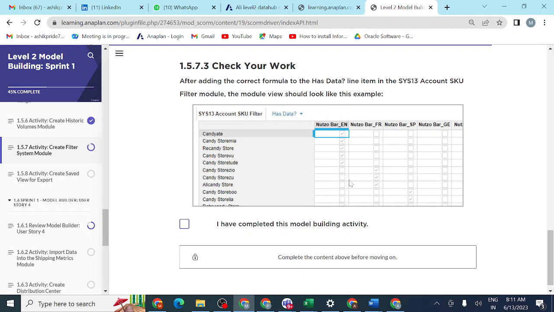So then what happens? Whenever you get data, you will get the checkbox ticked, a true statement. Whenever you get a false statement, you don't get anything in the checkboxes. So that is the difference. By applying the formula you will get the answer here.